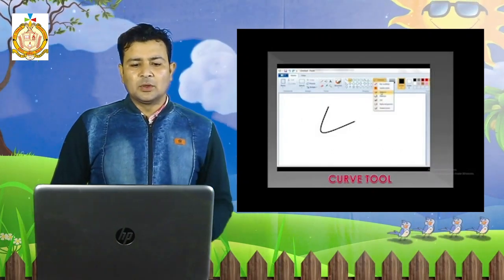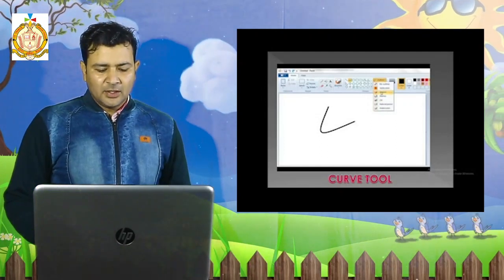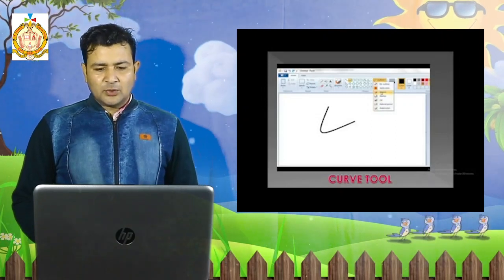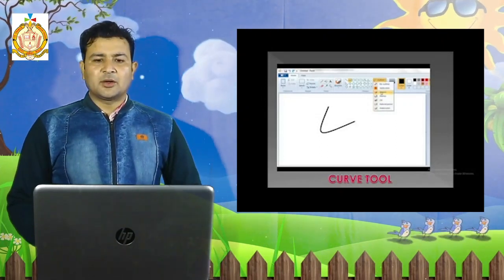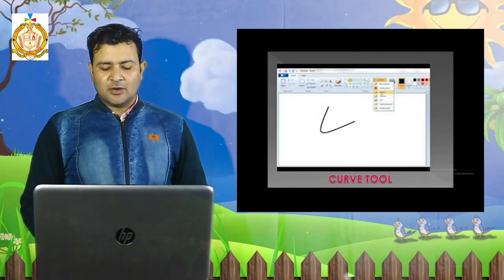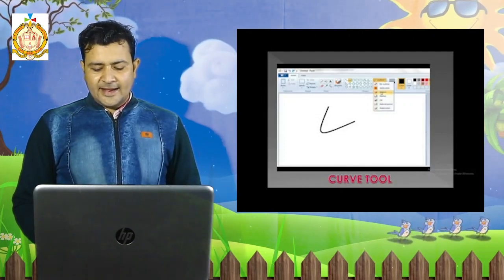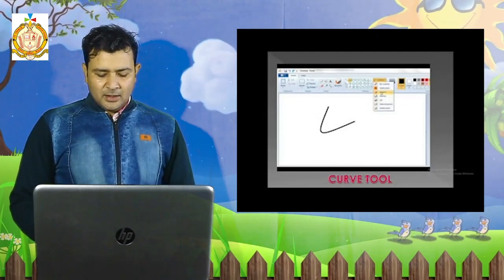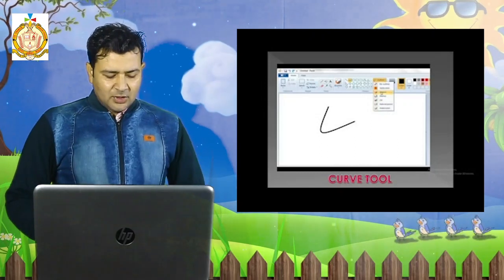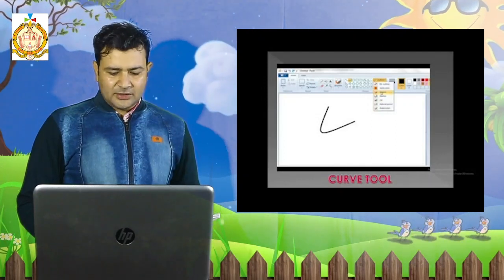Next, the curve tool. As in a circle there is an arc, it is the same like this. If you want to make a curve, then this is also one of your shape tools. We have to select the shape tool, click on Home, click on the curve from the shape tool, and select the size. Now drag the mouse and make a line. Now click on the line and drag to make a curve. First we have to draw, again drag with the help of the mouse, and then we will get a curve as it is showing on your screen.